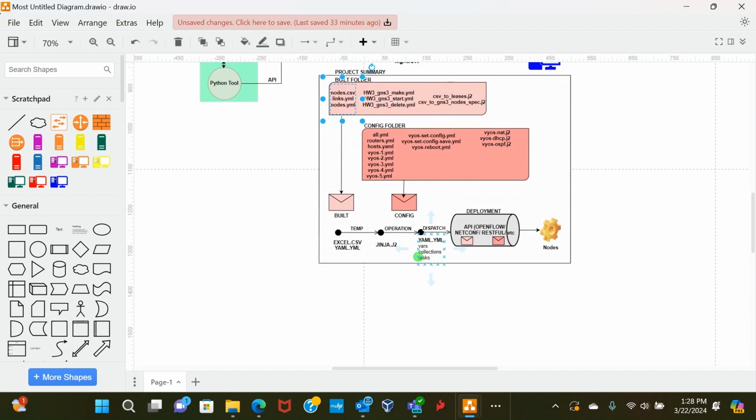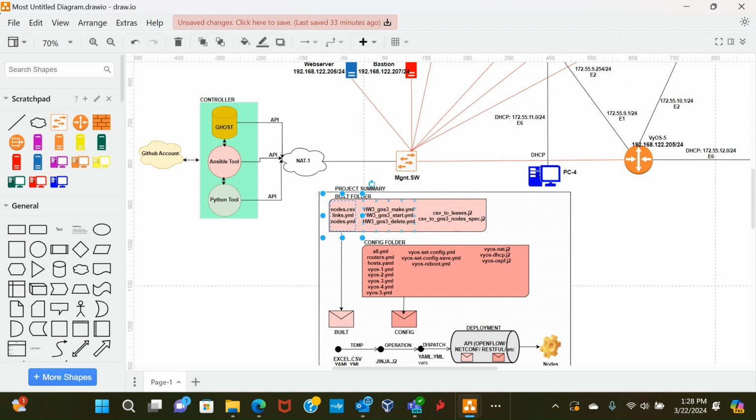And the operation general for this will be variables, collections, and then tags of what exactly it is supposed to do, which we have done here. So the make is going to build a network topology. The start is going to start the machines up. And of course, you want to delete from the NMS layer. We could also write a script for that, which is the delete, which we have done.